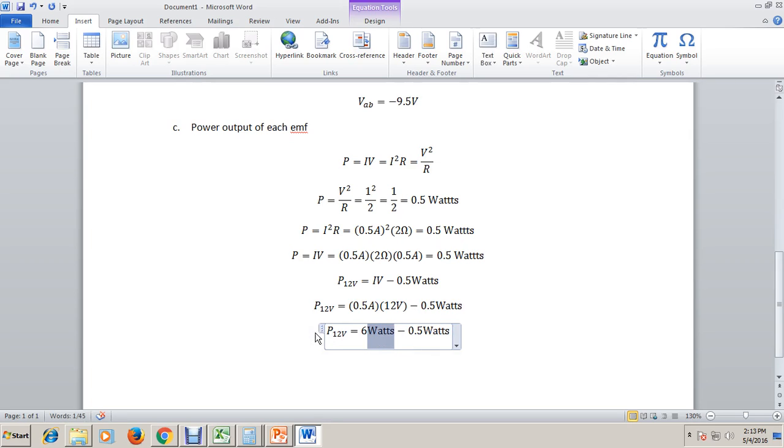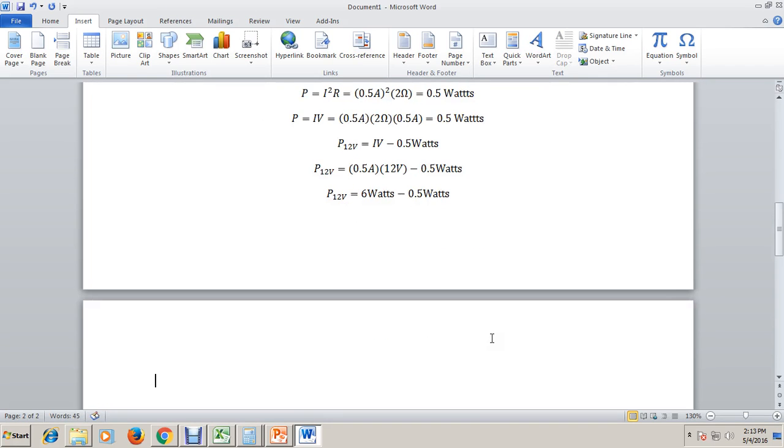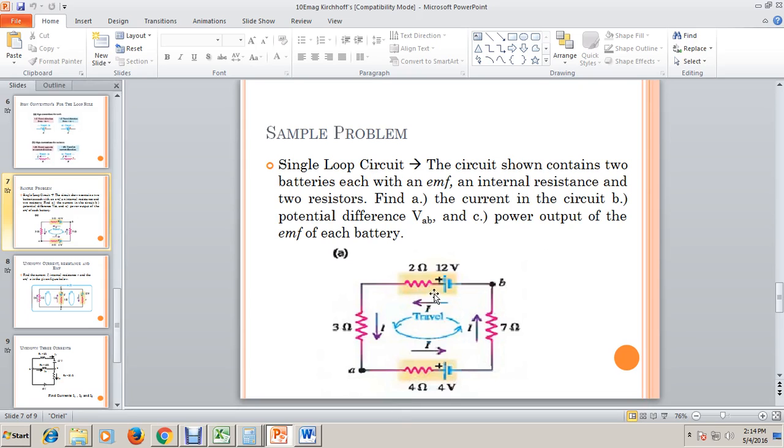Minus 0.5 watts gives us 5.5 watts. Now this is the power output for the battery, which again is composed of the 12 volt EMF and the 2 ohm resistor. So the idea here is to get the power output, simply you get the difference in the voltage of